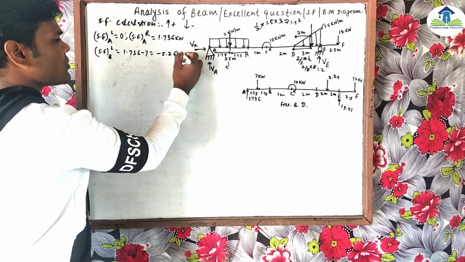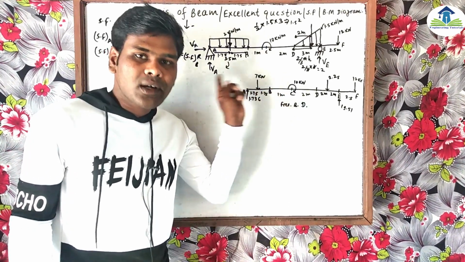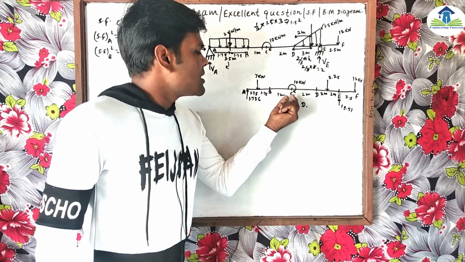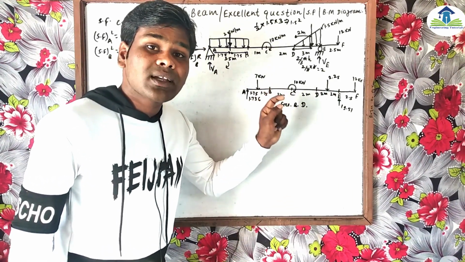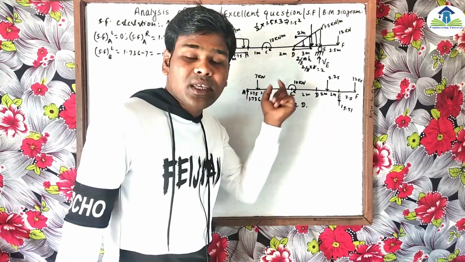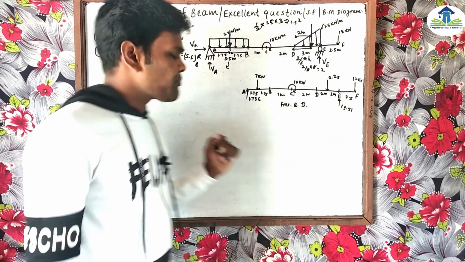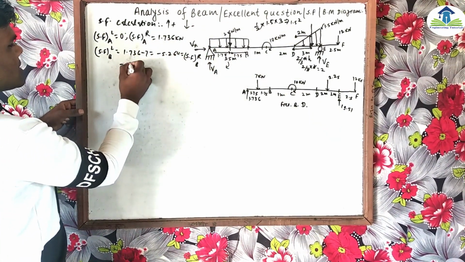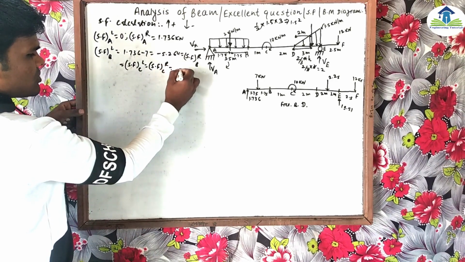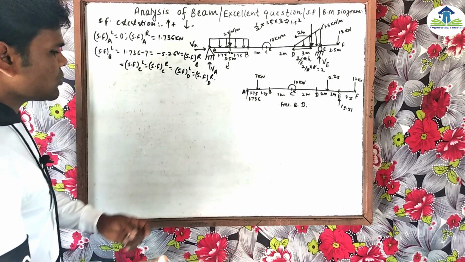This is the shear force at B on the right side, and it equals the total force on the left side because no force is acting at B on the right. This force is also equal to the shear force at C on the left and right, and at D on the left and right, because no force occurs between points B and D. So I write: shear force at C left equals C right, and also equals D left and D right. I hope you understand it.